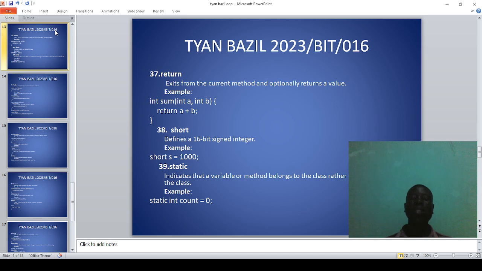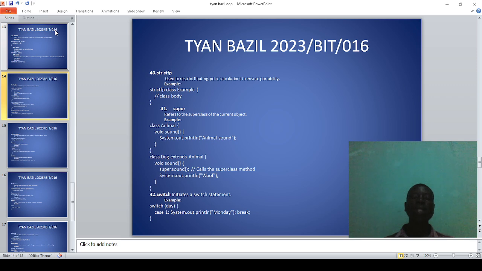Short defines 16-bit signed integers. For example, short of 1000, then you terminate. Static indicates that variables or methods belong to the class rather than instances of the class. For example, static int count, then assigned to 0. Strictfp is used to restrict floating point calculation to ensure portability. For example, strictfp class Example, assign